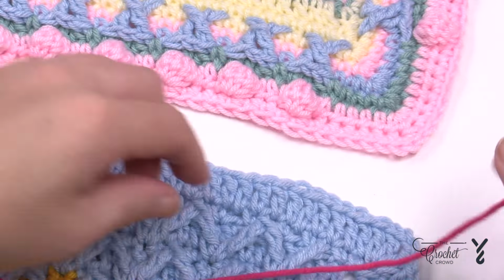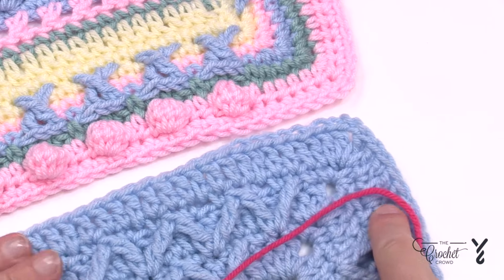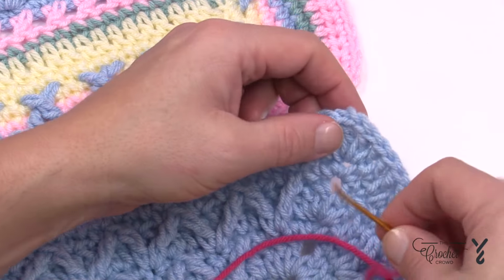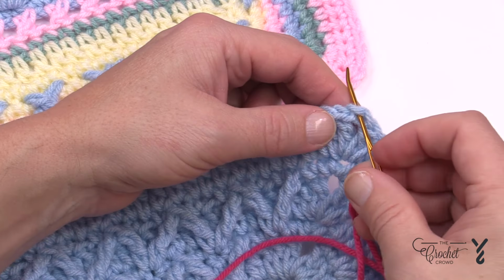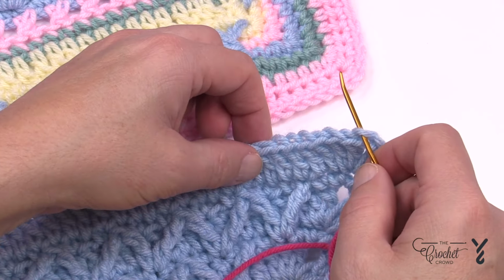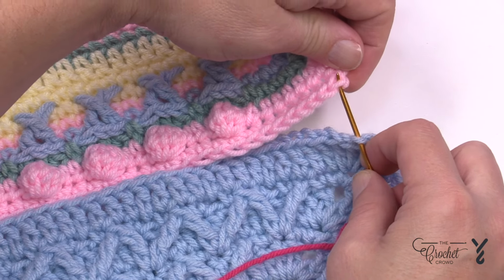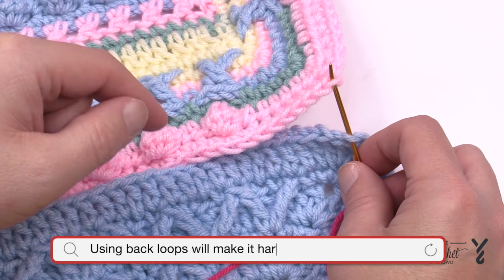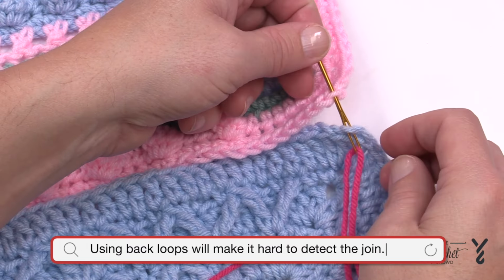And I want you to work on the back loop only. Now when I do whip stitching, I like to go up on an angle just like you're seeing on camera. So I'm sitting right here, and I like to go into the back loop of the one piece that I'm joining to, like that, and I am going to go into the back loop of whatever I want to join. So I'm not going into both strands that make up a stitch because I want this to fall in between so that it becomes invisible. So I'm just gonna pull through,